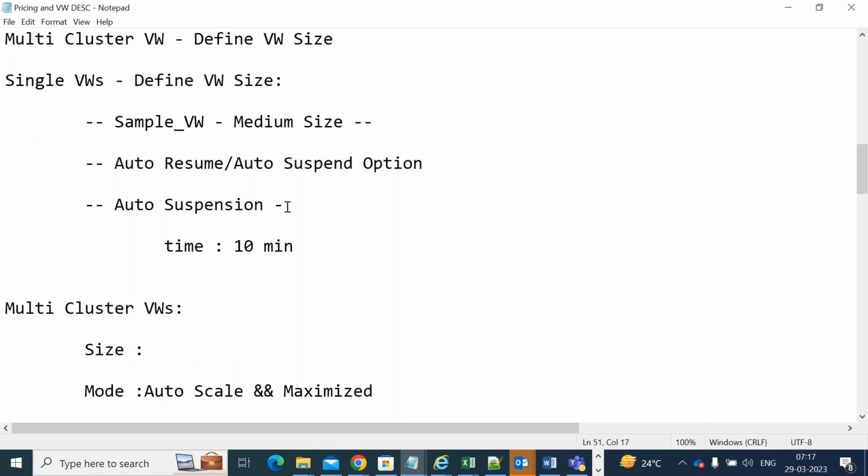then what will it do? If you enable this auto suspension option, I will show you all these options. Once we create the Snowflake account, I will show you how to create it, and then I will make you create a Snowflake account from your end also. Before that, it is very important to understand about the virtual warehouse,